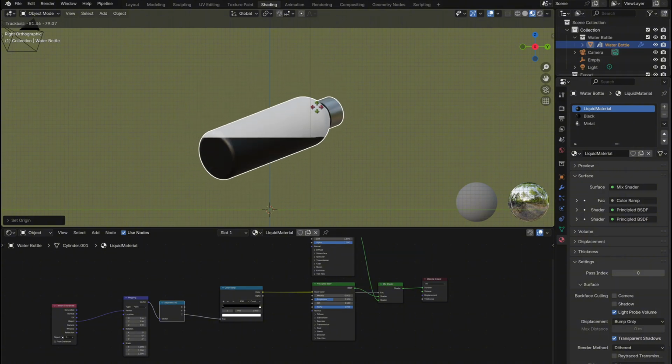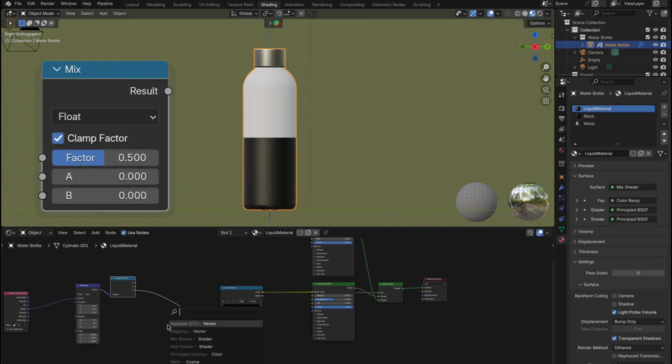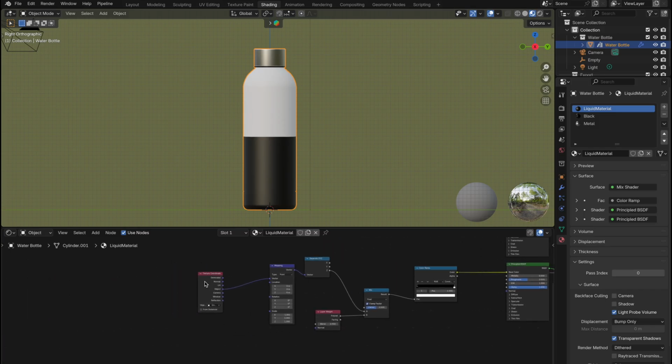Let's make it look like the liquid is actually inside the bottle. To do this, I'll grab a Mix node from the Separate XYZ node, and in the B input, I'll add a Layer Weight node and connect the Fresnel output, setting it to around 0.9. This gives us a subtle change in the look of the liquid, but of course it needs some variation when